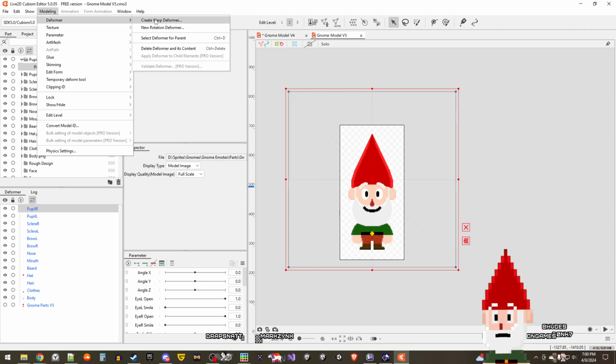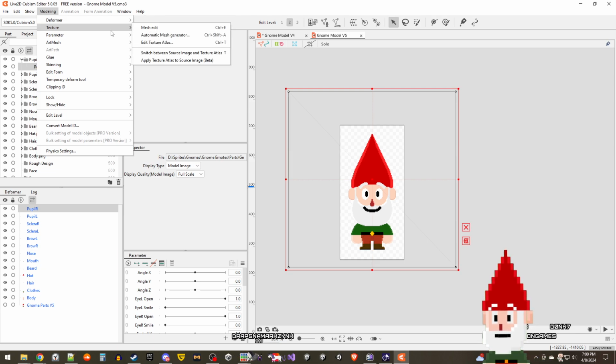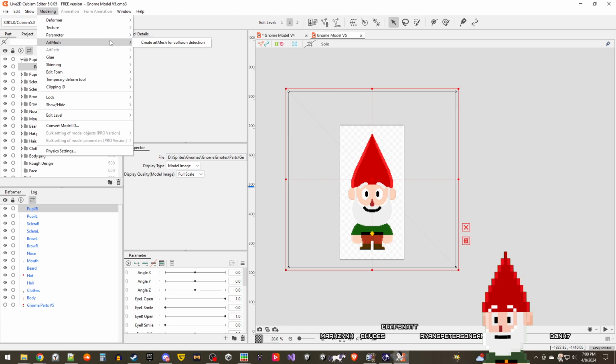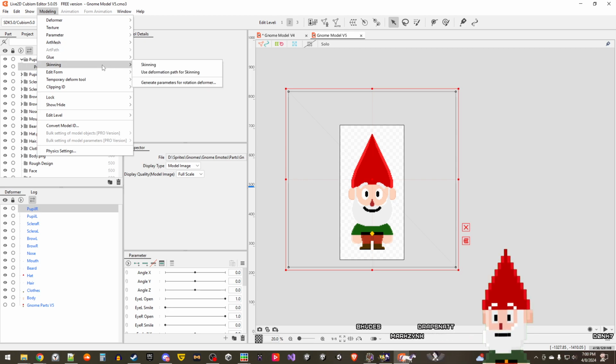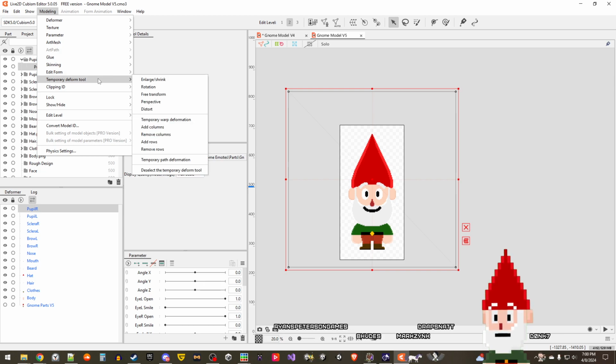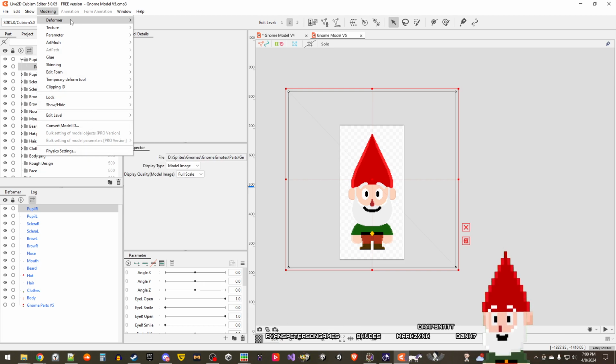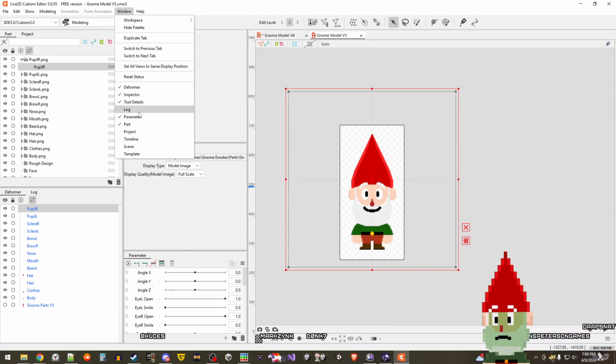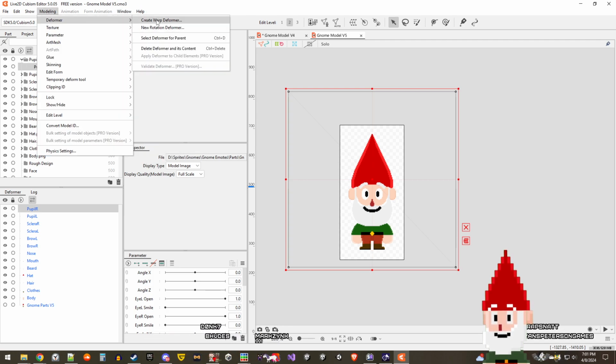Create a warp deformer. Okay. There's a good chunk of these that I don't know. Those are just windows. I'm not animating anything. Yeah, okay, that's fine. So if I do create a new warp deformer,